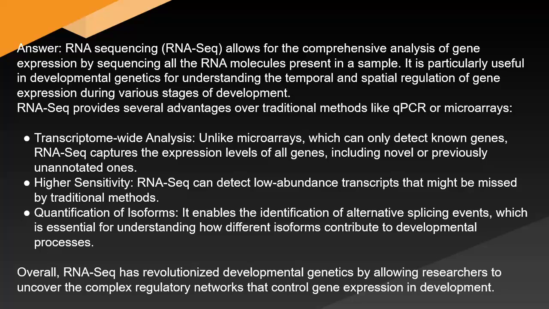Unlike microarrays, which can only detect known genes, RNA-seq captures the expression levels of all genes, including novel or previously unannotated ones. Higher sensitivity: RNA-seq can detect low abundance transcripts that might be missed by traditional methods. Quantification of isoforms: it enables the identification of alternative splicing events, which is essential for understanding how different isoforms contribute to developmental processes. Overall, RNA-seq has revolutionized developmental genetics by allowing researchers to uncover the complex regulatory networks that control